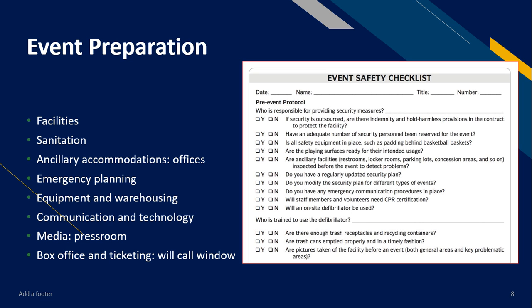Once the event is scheduled, contracted for, and planned, the process of preparation begins. The facility must be ready for every event. For example, if a pool will be used, the chemicals must be checked, the water temperature needs to be adjusted, which means that all the heaters must be functioning, the filters must be operating, and all safety equipment needs to be in place. All lifeguards need to be trained and ready, and the facility must be cleaned.